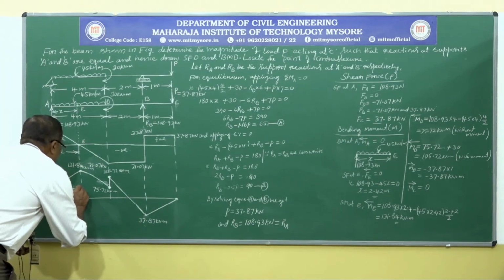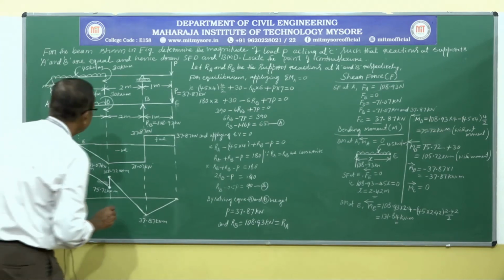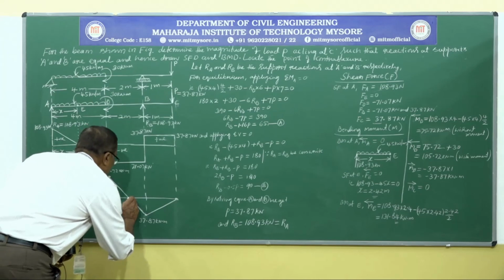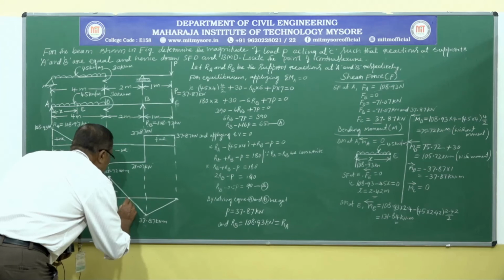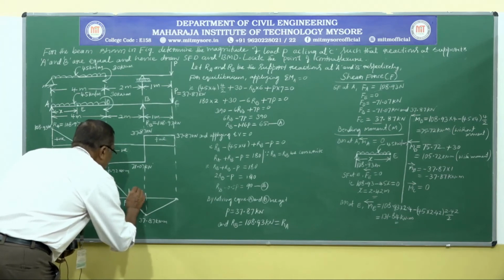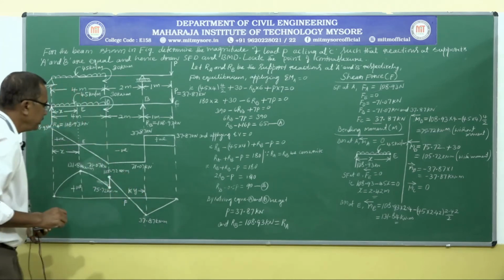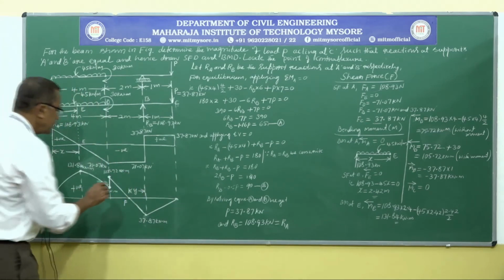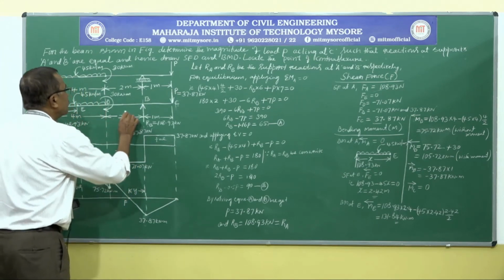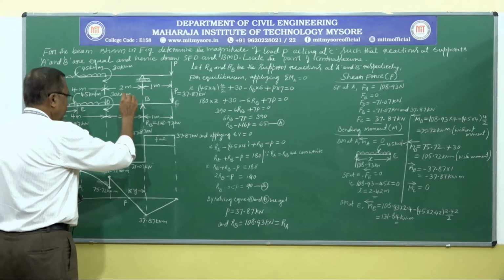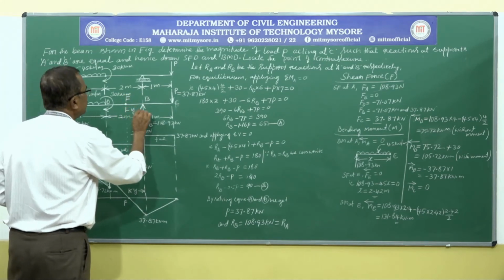So positive bending moment between A and the known point. Let us call this point F. Let this F act at a distance of Y from the nearby support B. Let us project this point F to the loading diagram. Here on the loading diagram also mark it. Mark the distance Y.